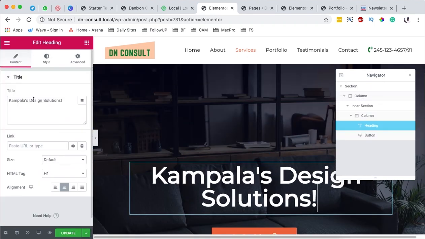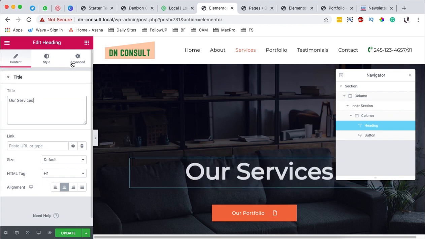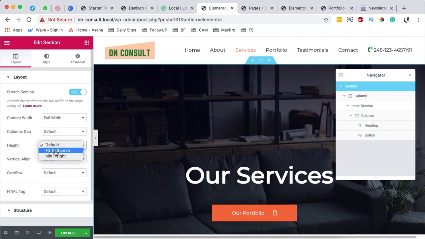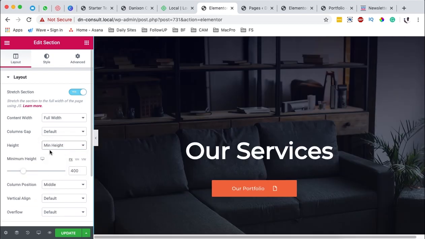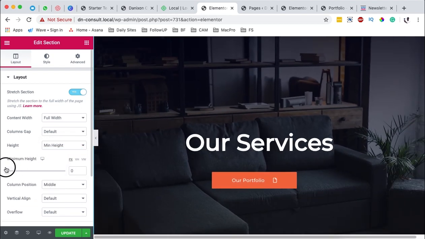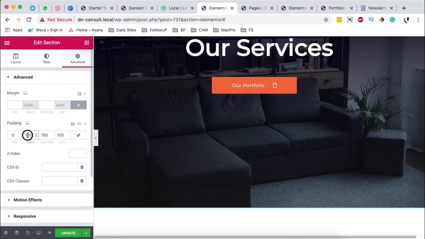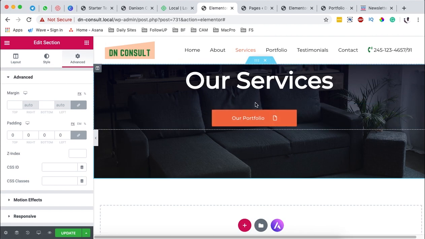I can say our services. I can come to this section here at the top, and then I can set a minimum height and say maybe fit to screen. That will give it a minimum height that fits to the screen, or I can choose a height that I want. I can come to the advanced options and I delete the padding options. I'm going to link them up, then I'll delete everything over there, and I can even say I want to add some custom padding at the top. Let me say like 50,